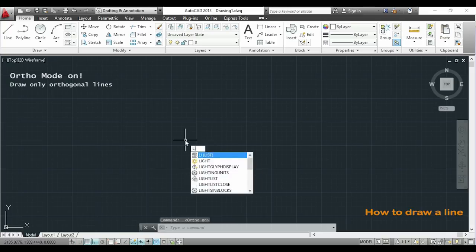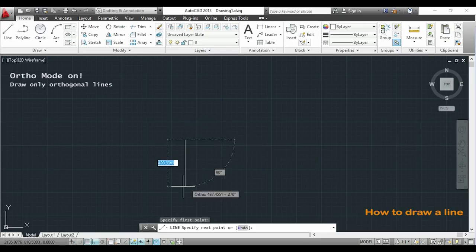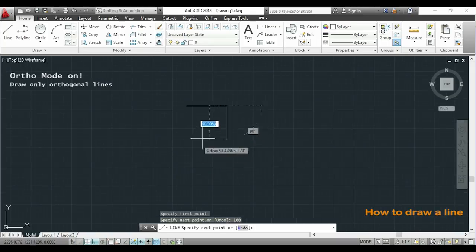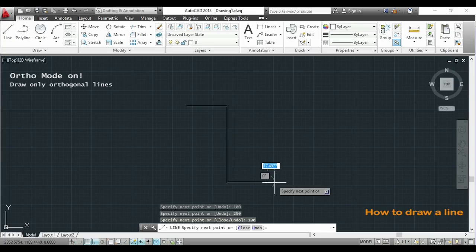Drawing a line again. So I click for my first point, and the cursor only lets me draw a vertical or a horizontal line. So I will type now 100, now 200, and I will continue drawing. This will be 100,